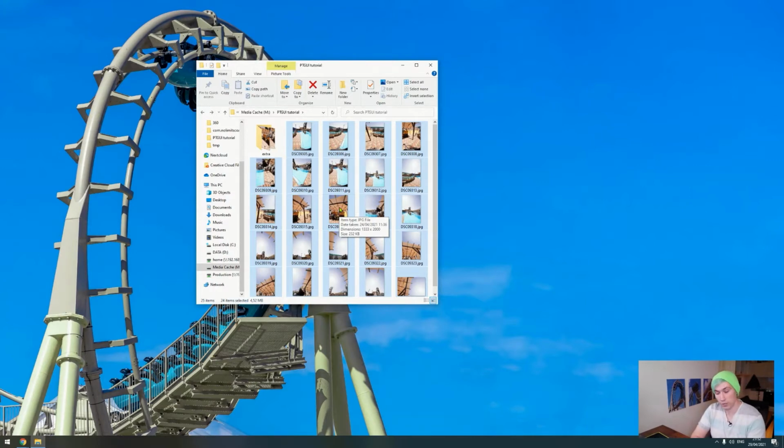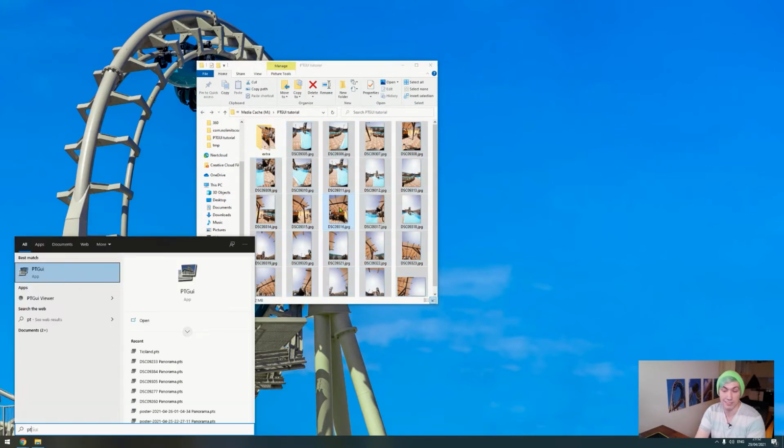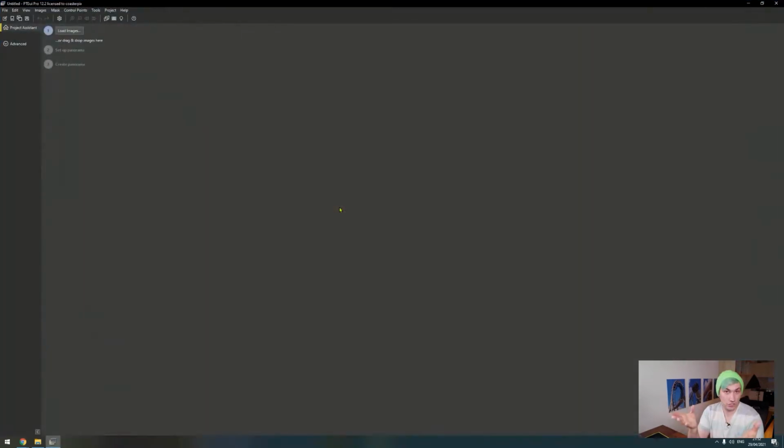To do that, we're using a software called PTGui. Just to give you a heads up, there are a lot of softwares out there which promise to do the same thing. It's basically taking photos, aligning them next to each other, and creating a spherical photo, or in my case, a 360-degree panorama. I tested a lot of those tools. I tested the free versions, I tested premium tools, I tested open source projects. And in the end,